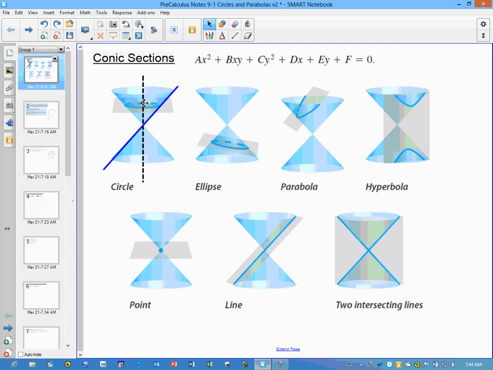as this cross section. If it crosses through the cone at any angle other than perpendicular, but only crosses through one of the naps, then it is going to be an ellipse, unless it crosses through at a very specific angle so that it is parallel to a generator. For example, here's a generator. If the plane is parallel to a generator, then it's going to create a parabola rather than the